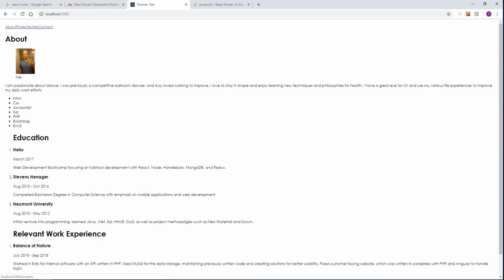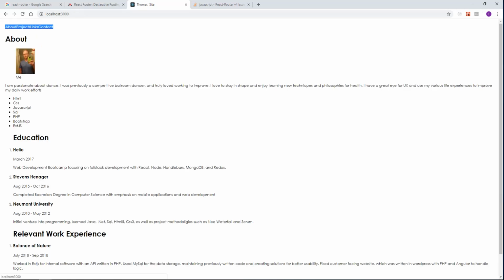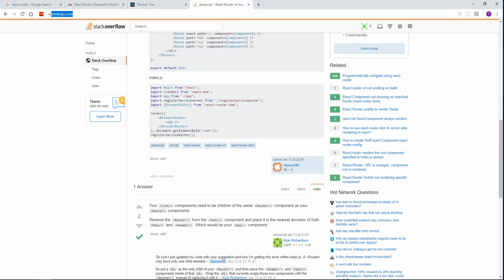The difference is, yes, this URL is changing, but we're not re-rendering anything here. Notice how fast that is. Notice how it's not refreshing. Whereas if we went to,